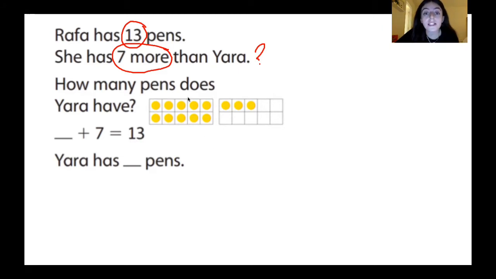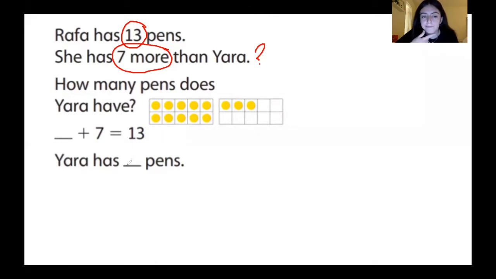These are 10 frames. Good. And I see that they put 10 on this 10 frame and 3 here. So I know they have 13 counters in our 10 frame. So if I know I have 13 already, that's a check. We know that there's 13 on their 10 frame. The other number that we can use is 7. So what should we do? We know that 13 is our total because it's on this side. So what should we do